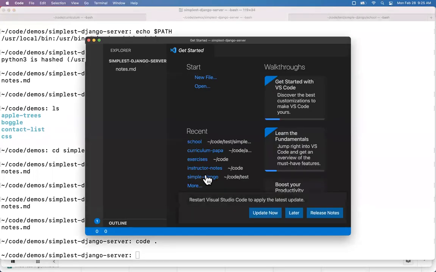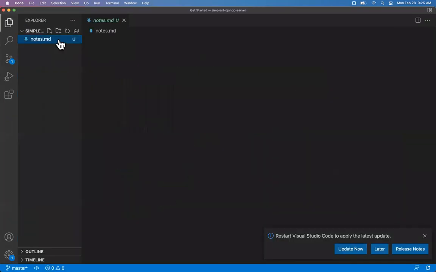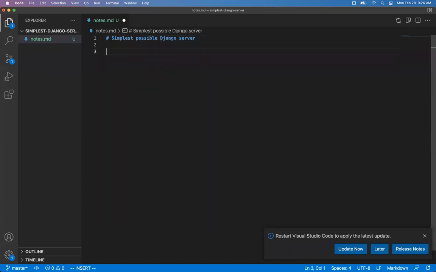Once again, just an empty folder here, got some notes. So today what we're going to be doing is I'm going to show you how to build the simplest possible Django server. The reason why I'm trying to show you the simplest possible Django server is that I think